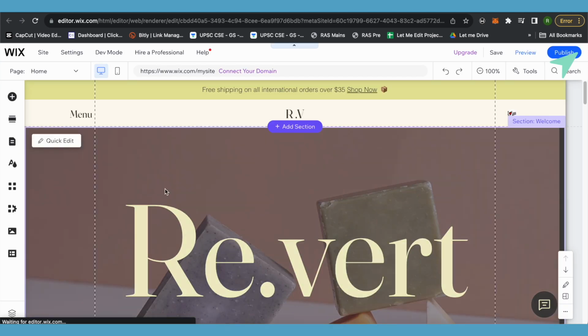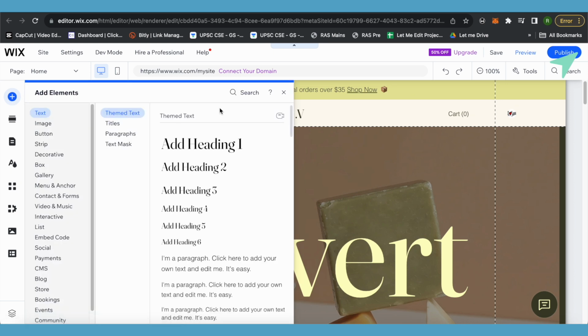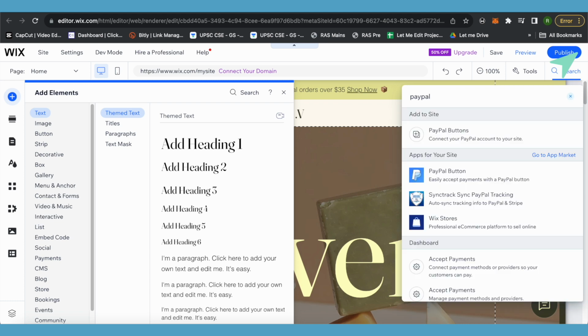And after it opens up, you will be able to find this option of add elements at the left hand side panel. Just click on it. And now click on this option of search. After that, you need to search for PayPal and wait for it to load. Then you will be able to find the option of PayPal button under apps for your site. Just simply open it up,